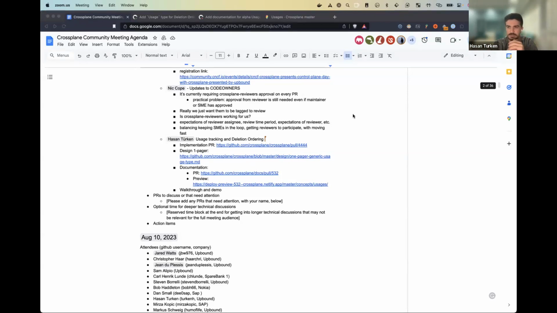A typical example of this is imagine a composition which composes a Kubernetes cluster, a provider config for provider Kubernetes or provider Helm, and then a release or a Kubernetes object which uses this cluster.